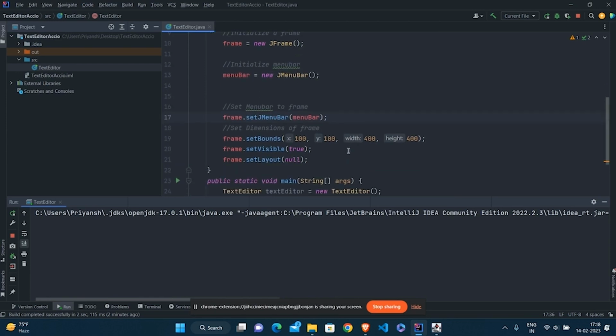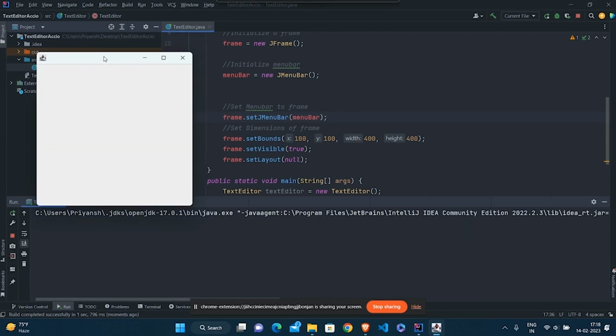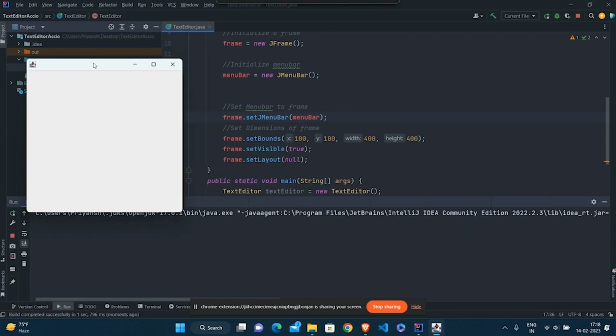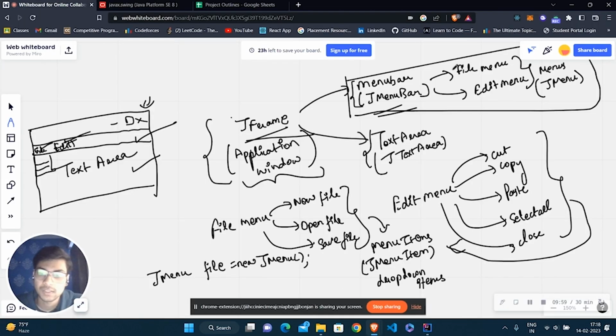Fine. Now if I run this, it is not going to show anything. Why? Because the menu bar does not have anything inside it. We don't have any menus inside this menu bar, right? So we need to have these menus inside it. Right now it is just empty.